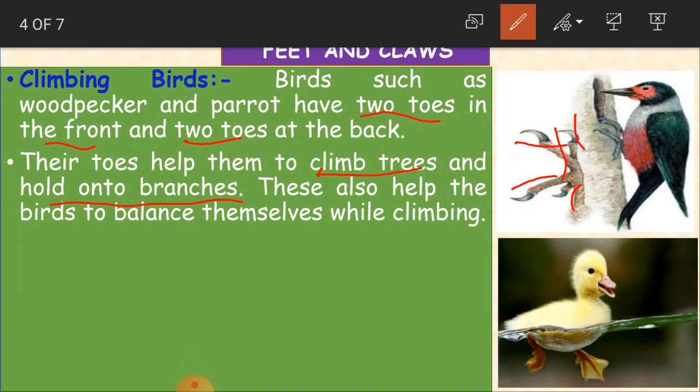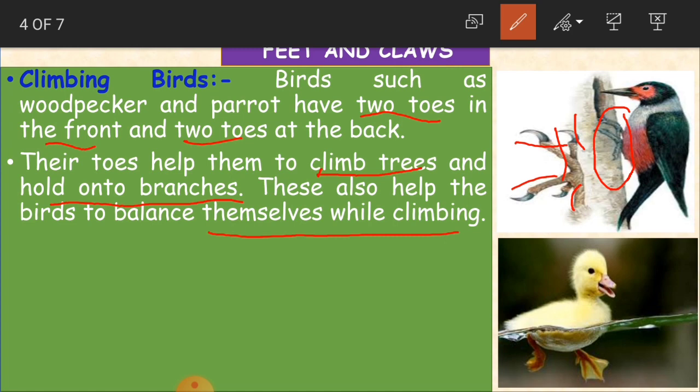See here, children, in the picture you can observe this bird. It is holding the branch, in the sense it is sitting on the branch by holding it tightly. These also help the birds to balance themselves while climbing.